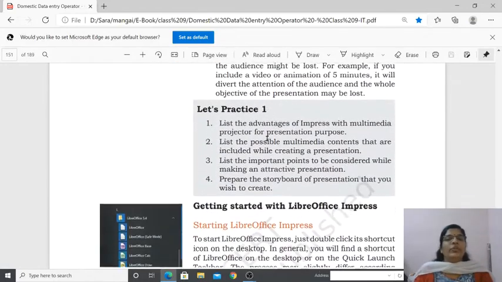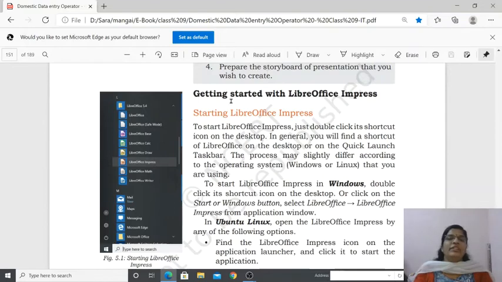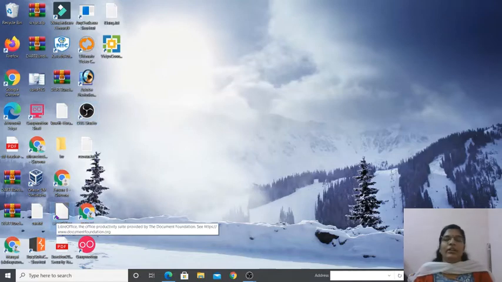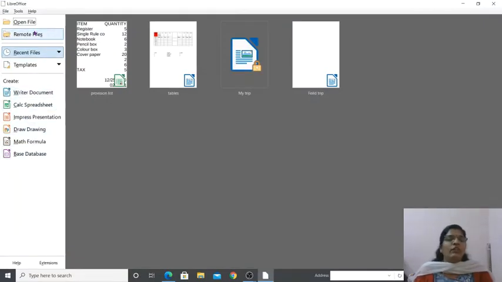Now we are going to start the practical session, getting started with LibreOffice Impress. As we studied in LibreOffice's spreadsheet, which is called Calc, this Impress also we can open in multiple ways. Do you know what the ways are? Yes, of course. On the desktop, you have LibreOffice, right? When we download the LibreOffice package, it creates an icon on the desktop. Double click the LibreOffice icon on the desktop, and on the left side you can see Impress presentation. If you click here, you can open a presentation.